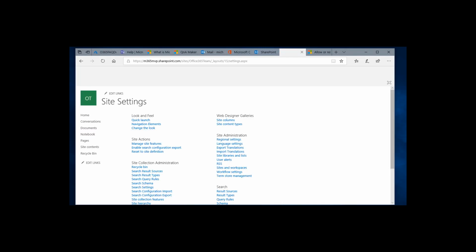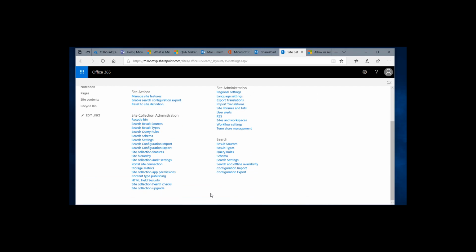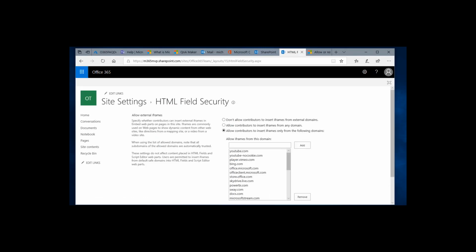So viewing all Site Settings. And over on the left-hand side in the Site Collection Administration section, there's a link for HTML Field Security. This is really important because this is where you have to say, hey, we need to add the Azure URL to the allowed iframes from this domain. It's not there yet out of the box. I'm not sure when it's going to be added, but I strongly suggest that we add this to user voice and try to vote it up. So the URL,